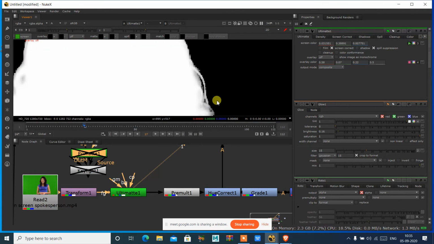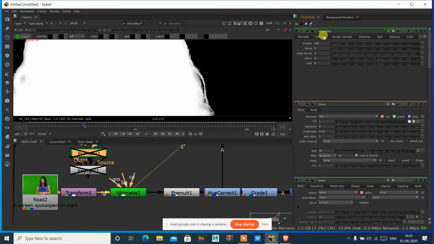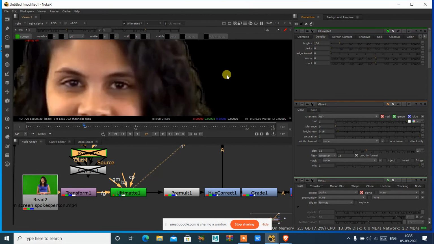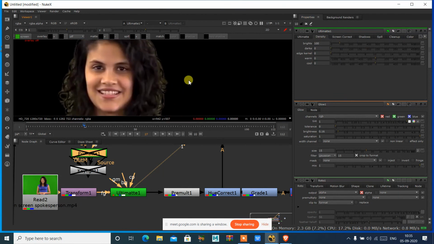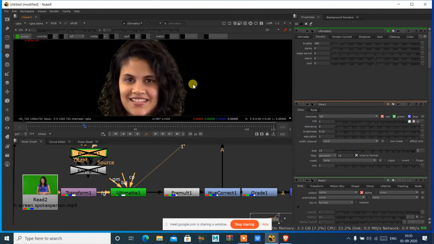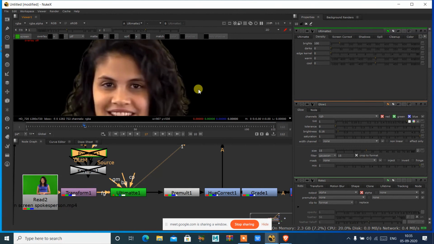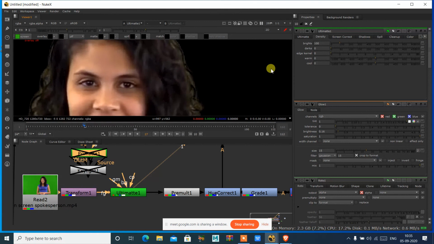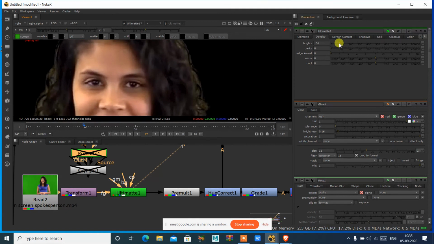Anything you need to adjust on this, you can adjust it. You have this called screen correct. You have this brights and darks. Inside Keylight it is a different option, like clip white and clip black. So here it is brights and darks.